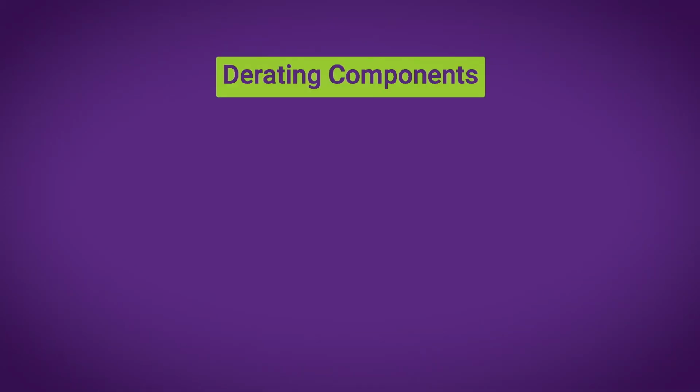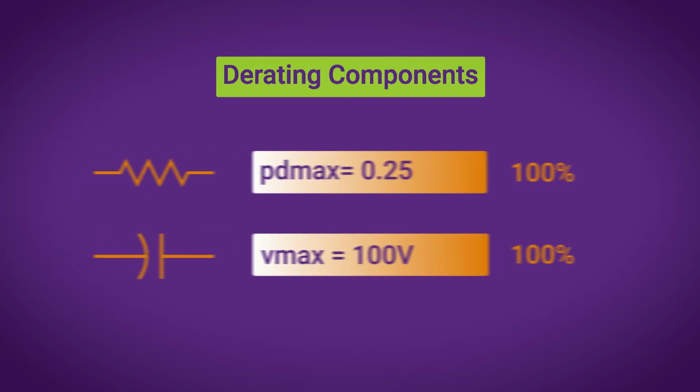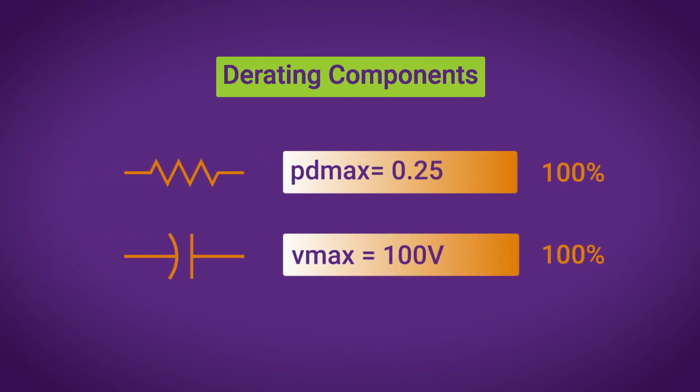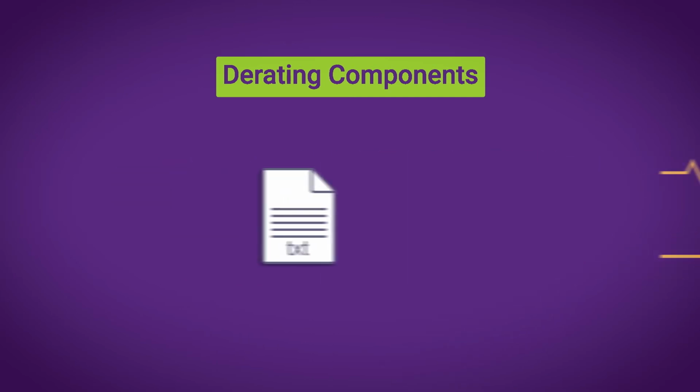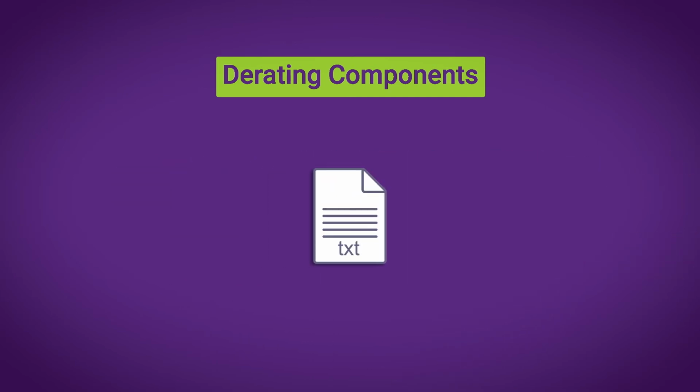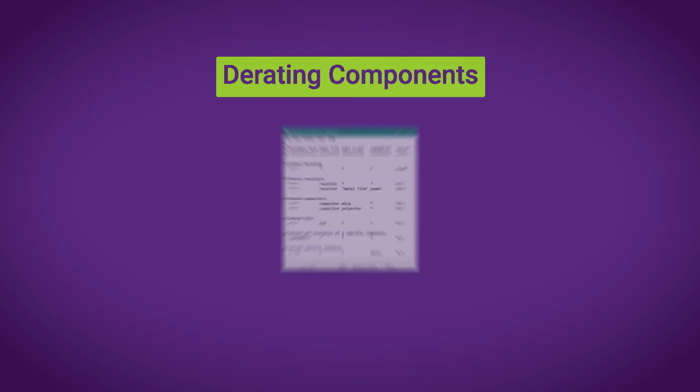Derating is a common tactic of stress analysis. Most component ratings are limits specified by the manufacturer, but many times a designer may wish to shrink the safe operating areas to extend the life of the components. Derating is done within Saber by using a text file. The syntax of this file is explained in the Saber user manual, but it is best illustrated by an example.